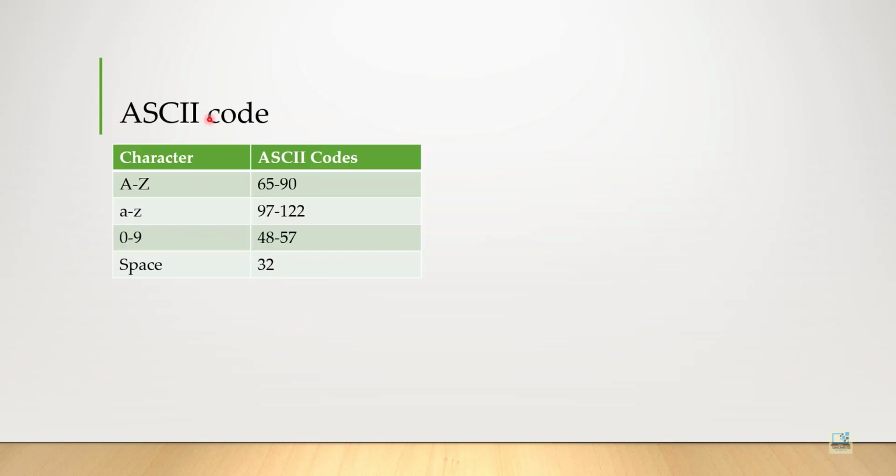Let us talk about ASCII code. ASCII stands for American Standard Code for Information Interchange. These are different codes used in the computer. Each one of them represents a character. We are discussing this right now because we may need ASCII codes when we are using characters or doing any program that has characters. The capital letters A to Z have the ASCII codes 65 to 90. We already know this. The small letters have ASCII codes from 97 to 122. The numbers 0 to 9 have the ASCII codes from 48 to 57. And the space has the ASCII code 32.